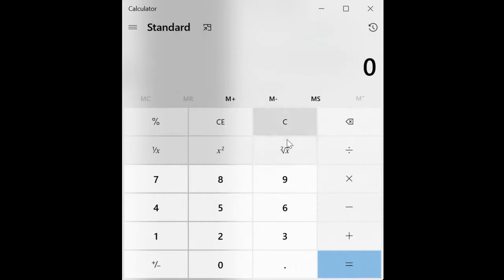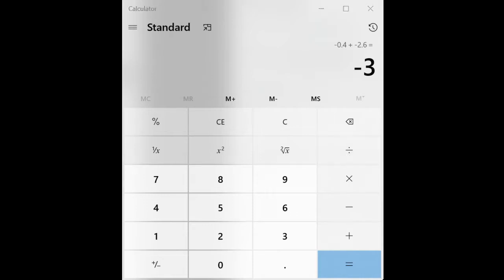And I'm going to go plus, and I don't see a negative in front of there, so let me try something. I think I might need to do 1.8 first, and then hit the negative. There we go. So 1.8, and then the negative, plus 1.4, plus, and then I go 2.6 and make it negative, and then hit equals, and my answer is negative 3. That's all I got to do.